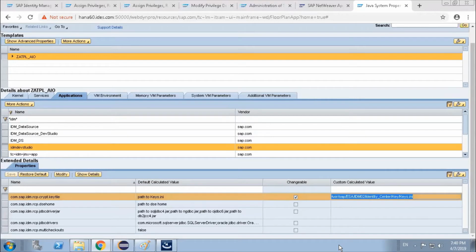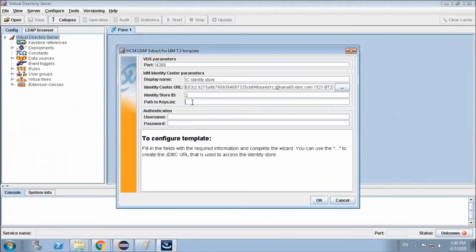This is the Unix path, right? Yes. Okay, let's take this path. This is the keys.ini path that we have to maintain. Then we have to make an authentication.